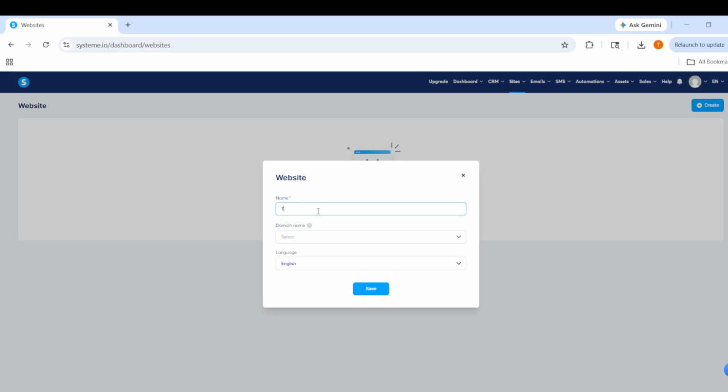Go ahead and enter a name for your website. Choose something that helps you recognize the site later, especially if you plan to create more than one. After that, select your domain. This tells System.io where your site will live, and it is an important step for making sure visitors can reach